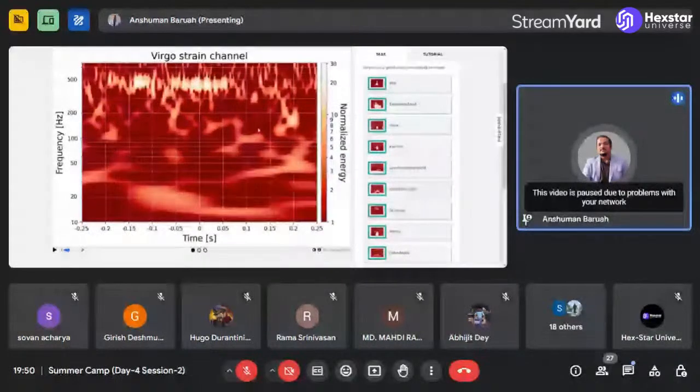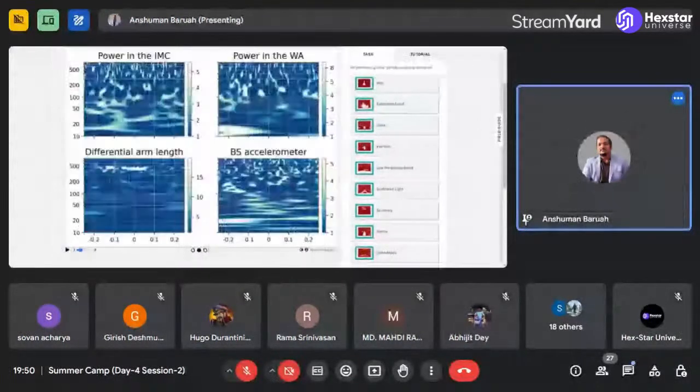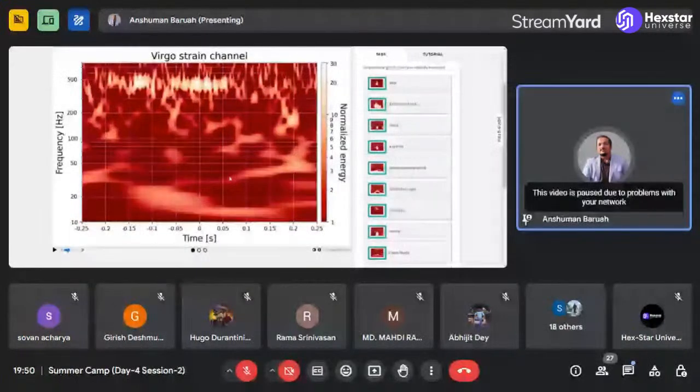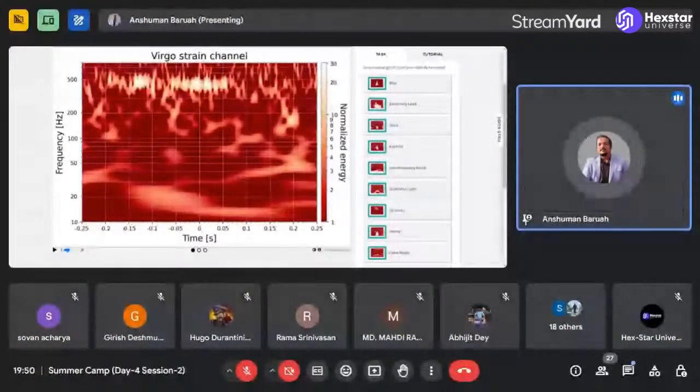And this is real data, by the way, that you're working with. You can repeat the same process, and all of this data is stored by scientists. Later on, scientists use whatever annotations you have made to develop new models that can filter noise from gravitational wave data so that we can have more precise and clear gravitational wave signals. So this is the first citizen science project which we want you to be a part of.